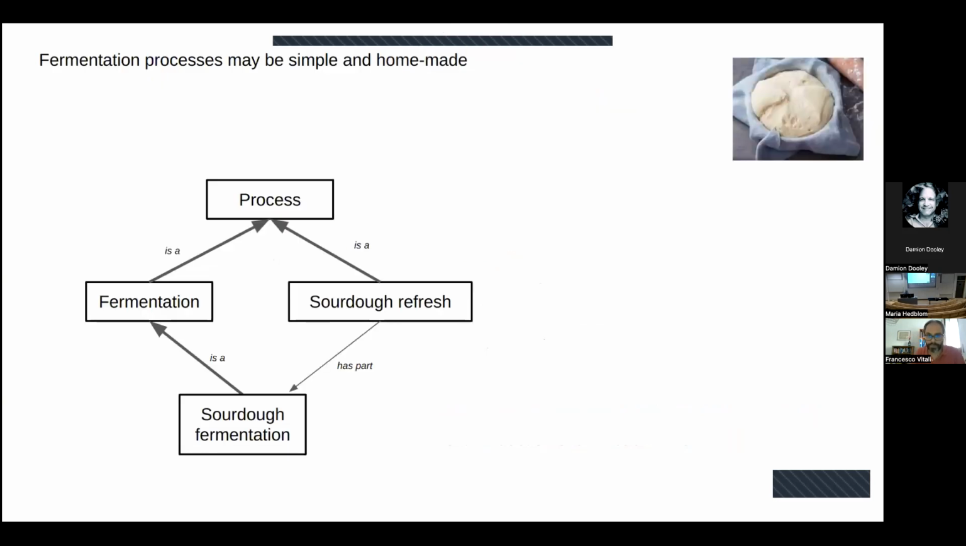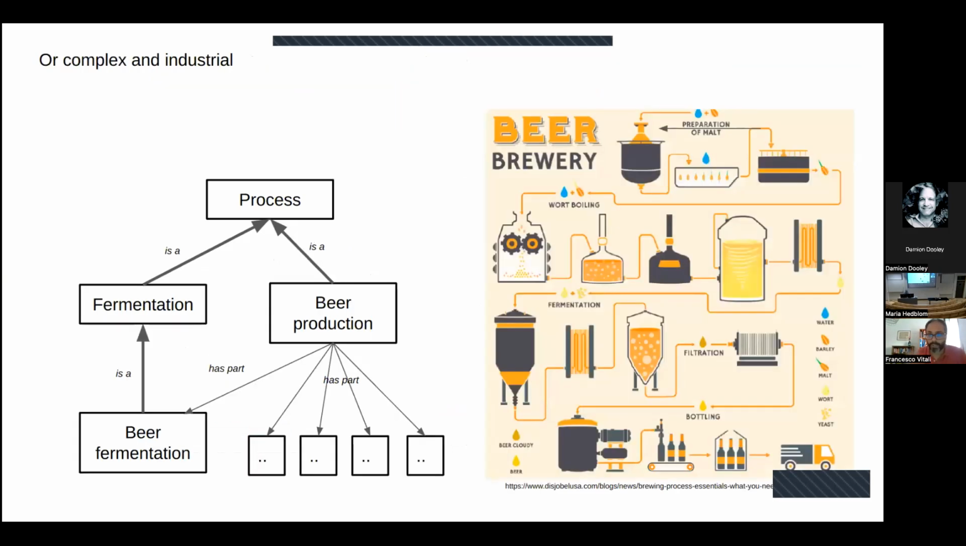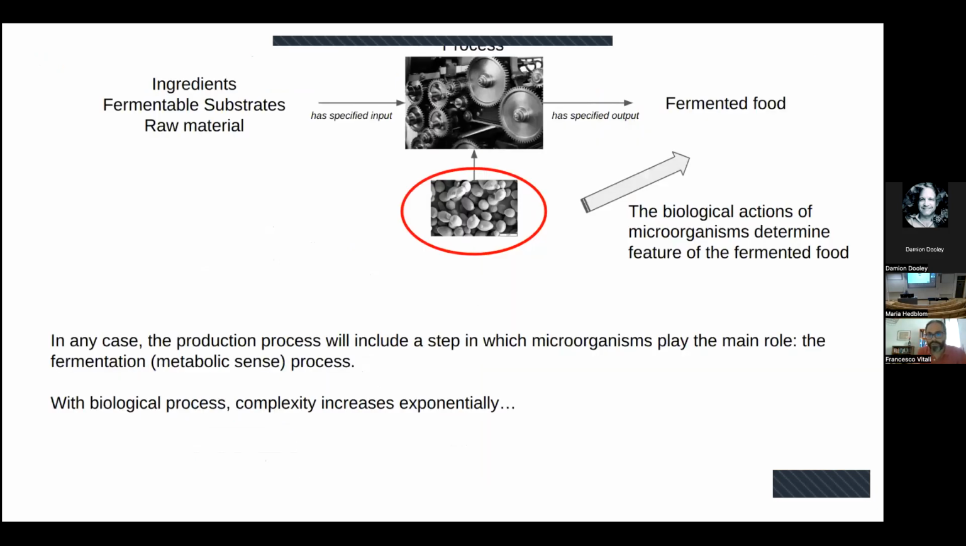So we have a process already, and that process can be easy or very difficult, very elaborate and industrial. But what I care the most about as a biologist and microbiologist is that any kind of process, at some point, has the action of microorganisms, the biological action of microorganisms. And when we open that box, a lot of different layers of complexity can be seen,